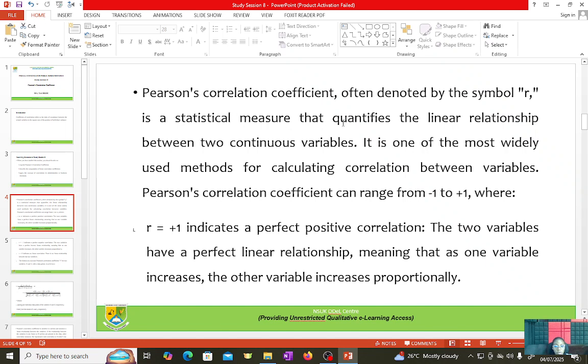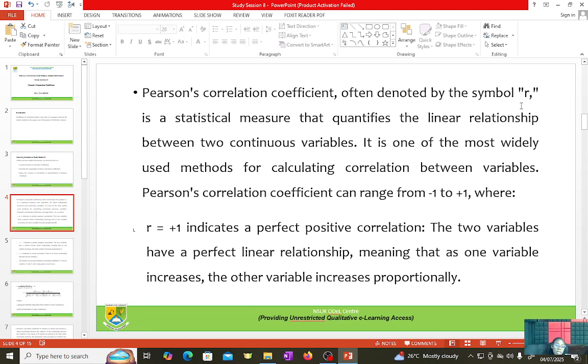Pearson's correlation coefficient is denoted by the symbol R. It is a statistical measure that quantifies the linear relationship between two continuous variables. It is one of the most widely used methods of calculating correlation between variables. It ranges from -1 to +1,